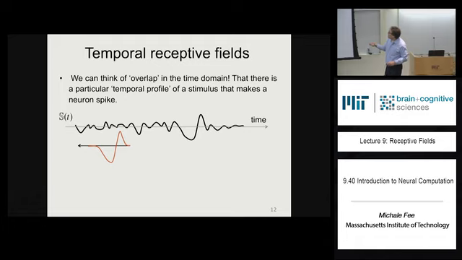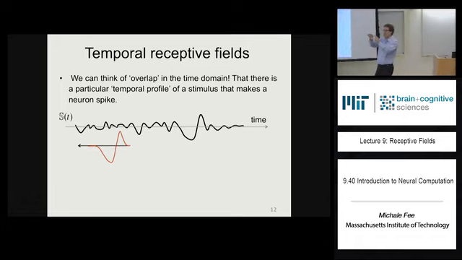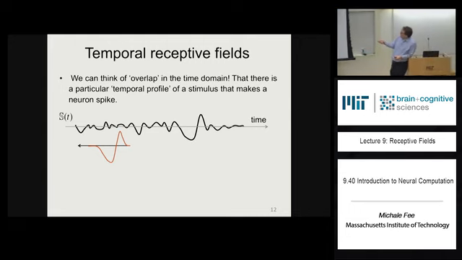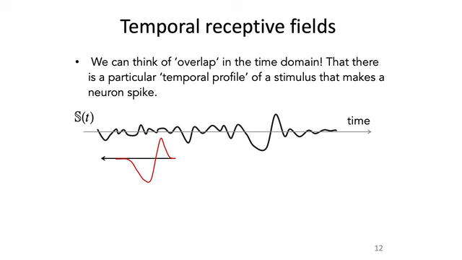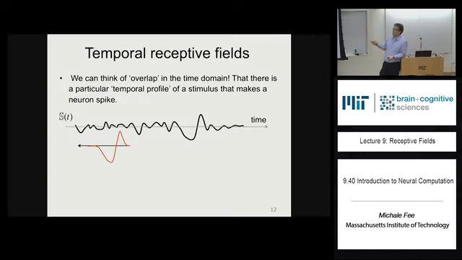So let's say that you have a stimulus that's fluctuating in time. So imagine that you have a neuron that has a spatial receptive field that's just a blob, just a positive bump, and you shine light on it, and the intensity of that light varies. Okay? And this is the intensity that you apply to that spatial receptive field as a function of time. And again, 0 is some kind of average gray level, and so you can go dark, or bright around that. Okay? So now,